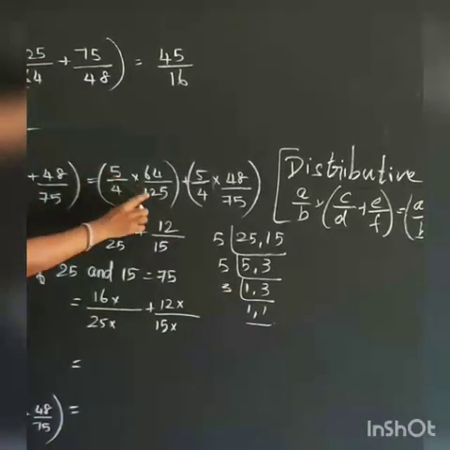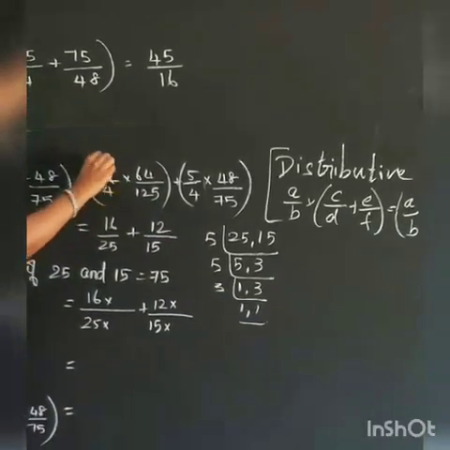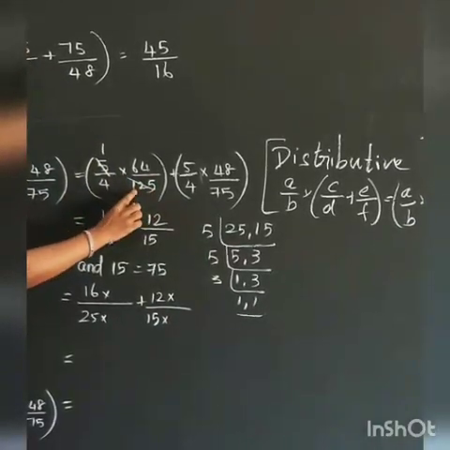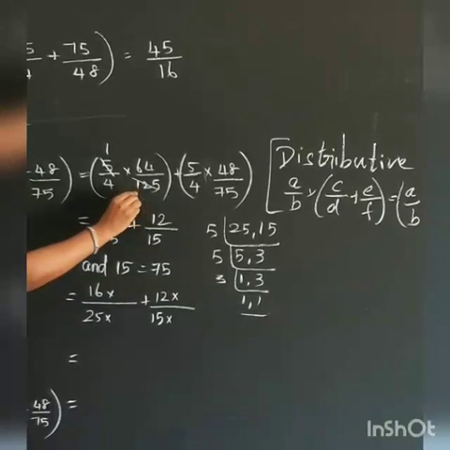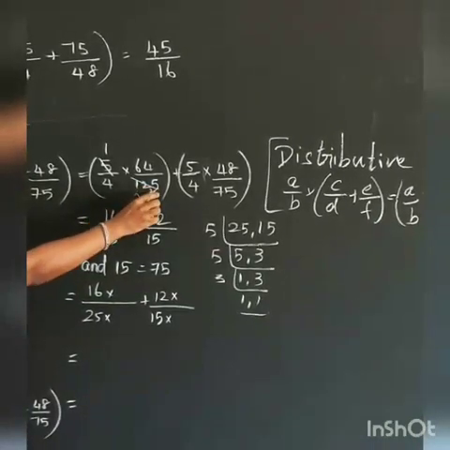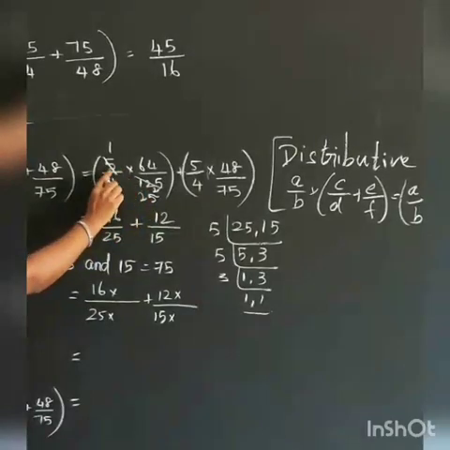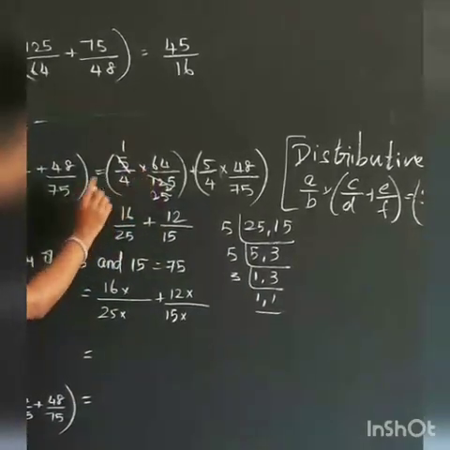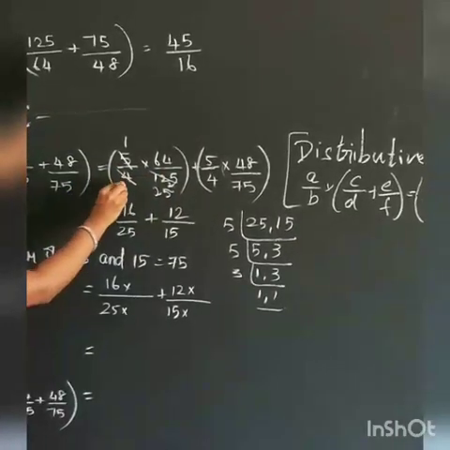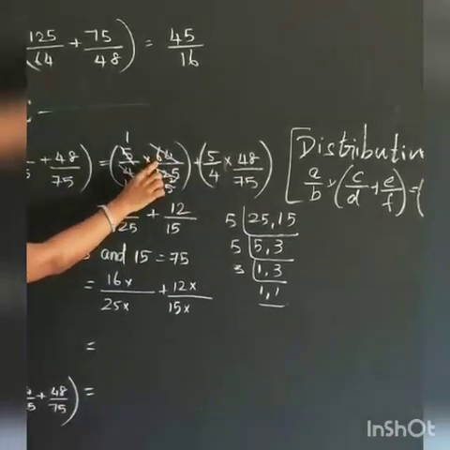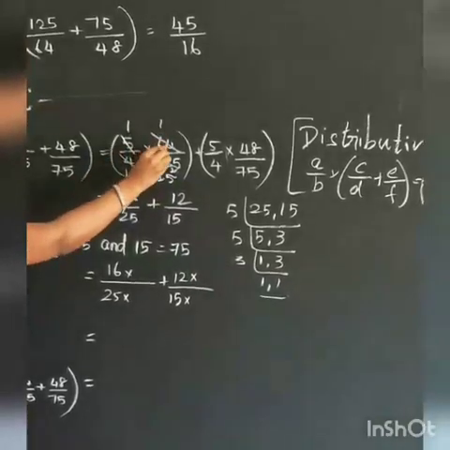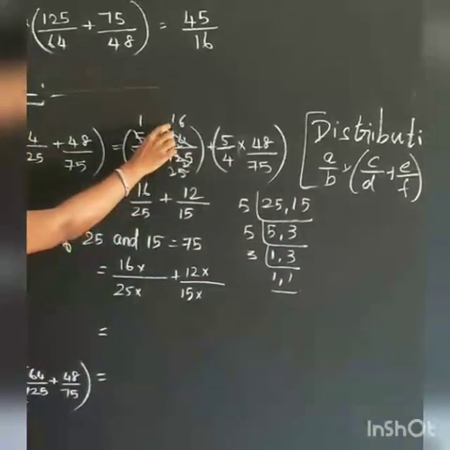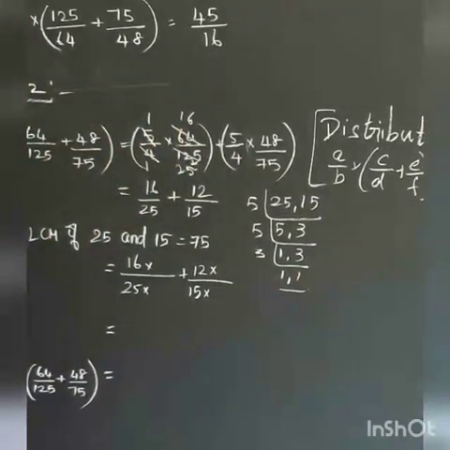Okay, now since you have multiplication symbol, we have to check whether it is possible to cancel. So yes, it is possible. 5 and 125, we can cancel it by 5 table. So 5 is 1 times 125. Here 12 won't come, before number 10 is 2 times, remainder is 2, 25 is 5 times. So in 5 table 5 1 times, 125 is 25 times. Again in 4 and 64, what table we can cancel? 4 table. 4 is 1 time. Here 6 won't come, before number 4 is 1 time, remainder is 2, 24 is 6 times. So 16 times. So 4 1 times and 64 is 16 times in 4 table.